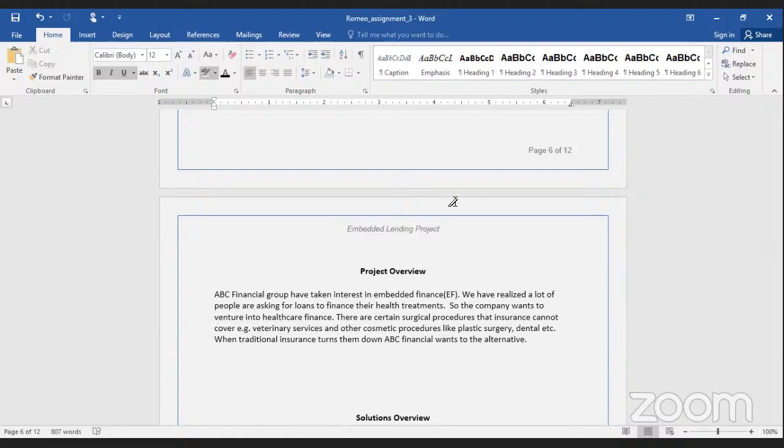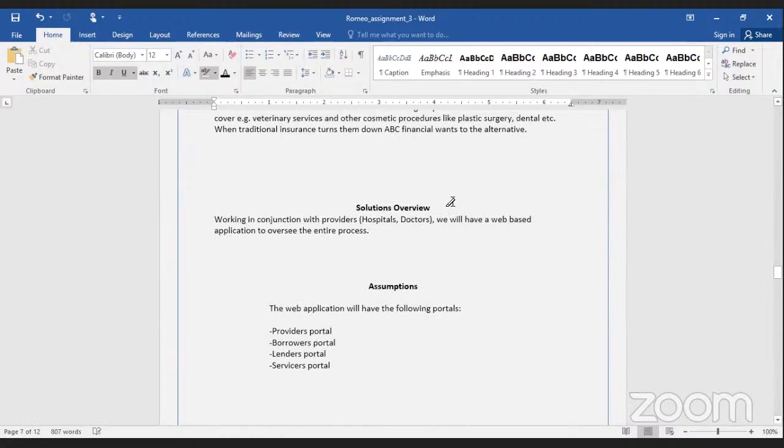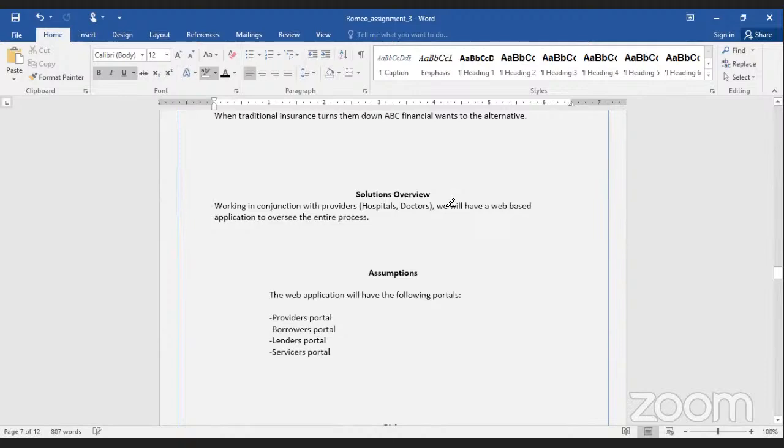And then we move on to the solution overview. What's the solution? The solution we are working on is to work in conjunction with providers. Providers here mean hospitals and doctors. We will have a web-based application to oversee the entire process. What assumptions are being made for this project?